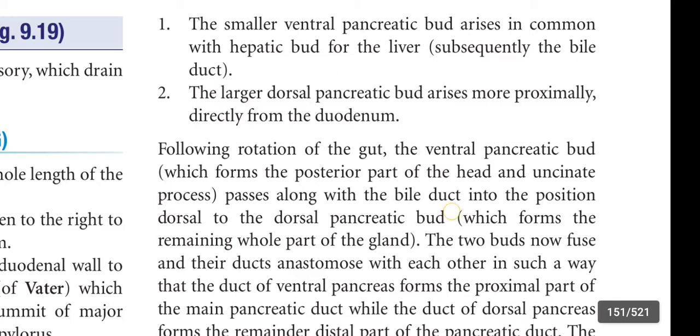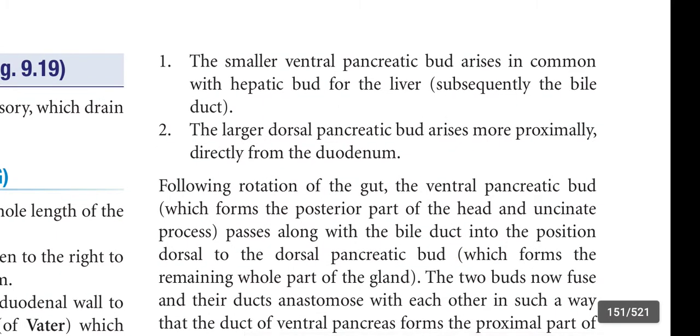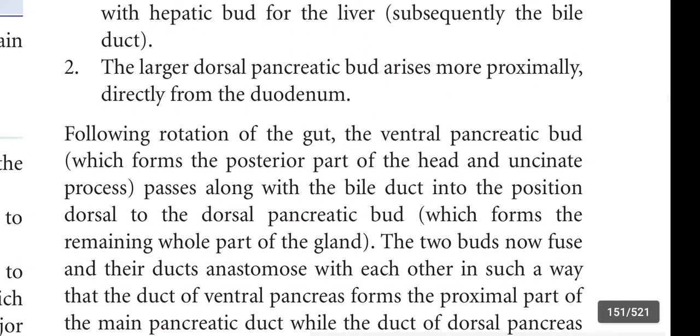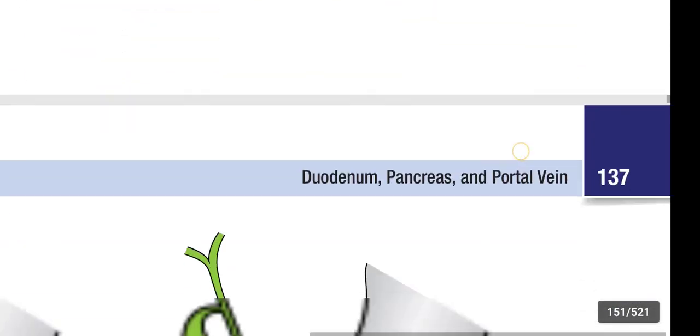The smaller ventral pancreatic bud arises in common with hepatic bud for liver. The larger dorsal pancreatic bud arises more proximally directly from the duodenum. Okay, following the rotation of gut, the ventral pancreatic bud, which forms the posterior part of the head and uncinate process, passes along with the bile duct into the position dorsal to dorsal pancreatic bud, which forms the whole part of the gland. See here guys,